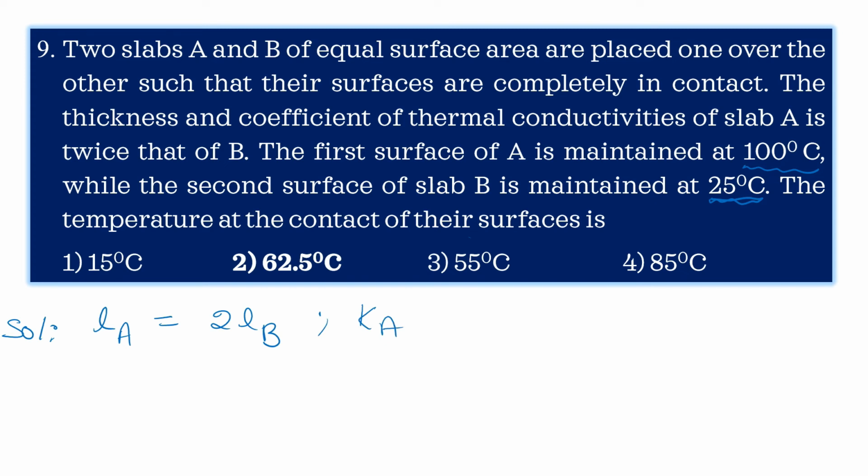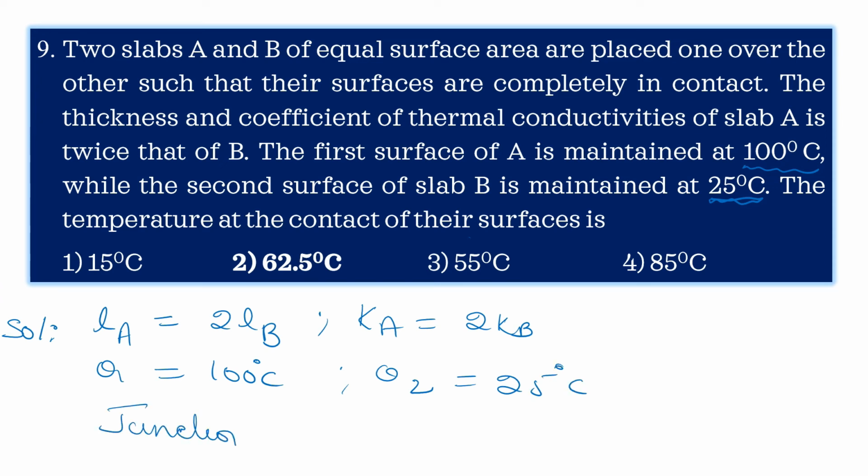Similarly, KA is equal to 2 into KB. Theta 1 is given as 100 degrees centigrade and theta 2 is given as 25 degrees centigrade. We have to calculate the junction temperature theta is equal to question mark. Okay. Next,